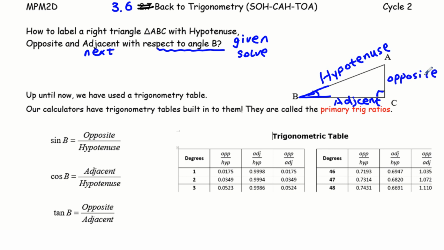Also, on the opposite side, you will see side AC doesn't have the letter B. Sides AB and BC have the letter B, which means they are next to angle B and they are adjacent to angle B. So once we label it,